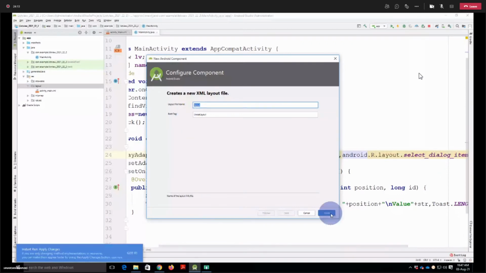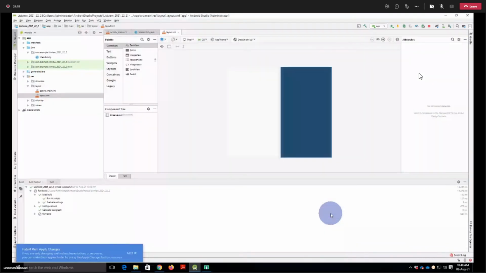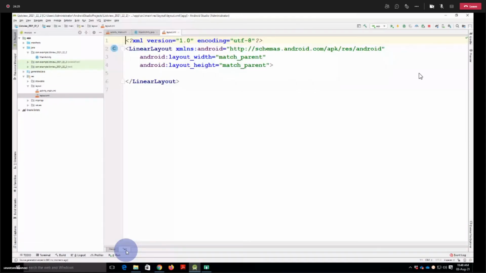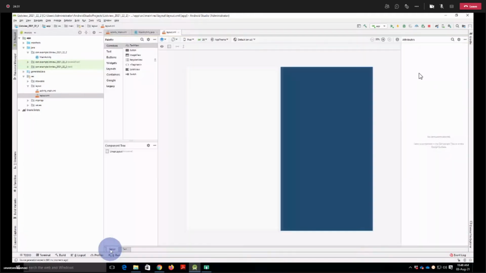Wait for the synchronization. Once it is done, when you create a layout file, a Java file will not be created, because it's a layout file. So yes, it's an XML file. There are two tabs, design and text. If you want to change something, you can.